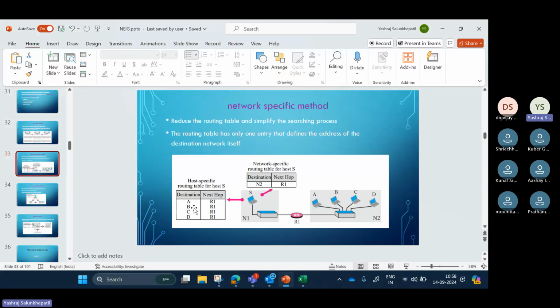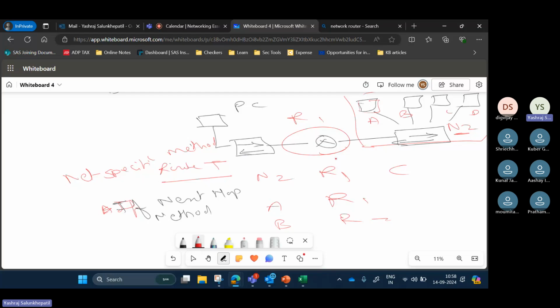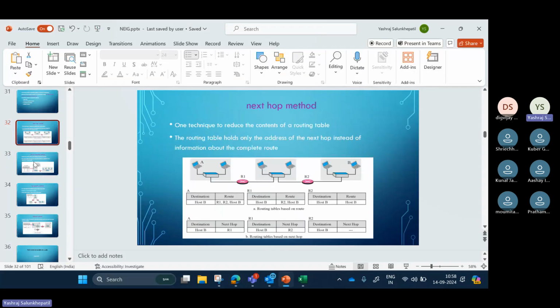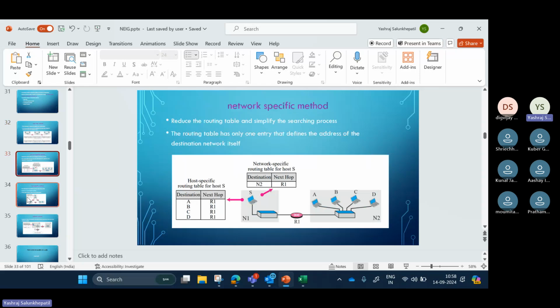Like this. ये जो यहाँ पे A, R1, R2, R3. So instead of having 4 entries, it has only one entry which is N2, और उसका hop कहाँ से जा रहा है? उसका route कहाँ से जा रहा है? Through R1. Okay. So that is next hop method हो गया, network specific method हो गया.